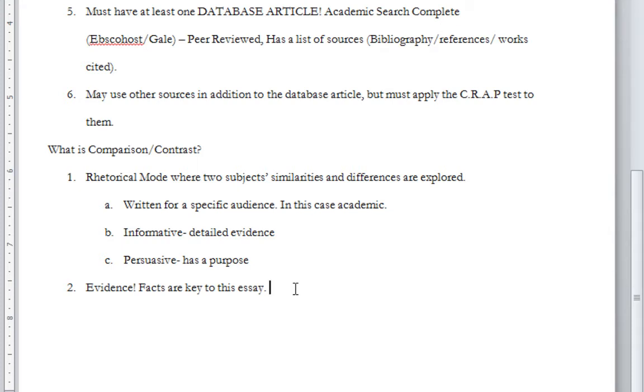You have to have evidence from reliable sources, and the evidence needs to be factual, unbiased as much as possible, objective evidence. So if you're comparing two public figures, you don't want to compare them based on your own biases.